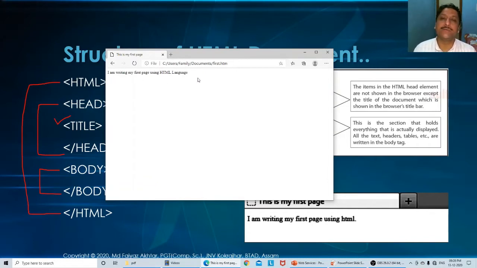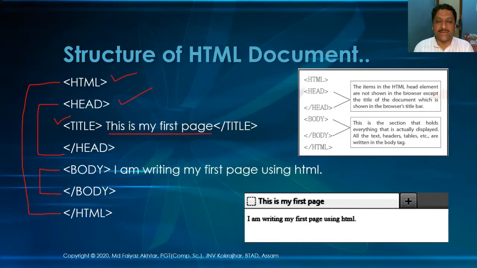So you understood how we have to write an HTML document and how we have to display it in the browser. For further details, or if you want to learn more and more about HTML language, you can refer to some HTML course or book, and from there you can learn. For now in the syllabus we have to learn up to this much. So we are moving to the next topic,